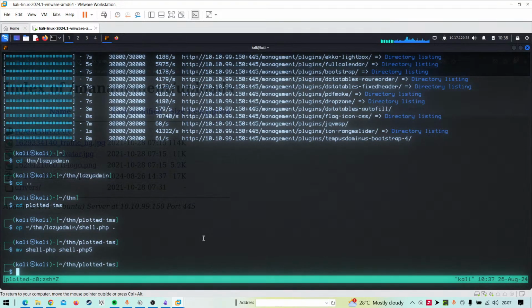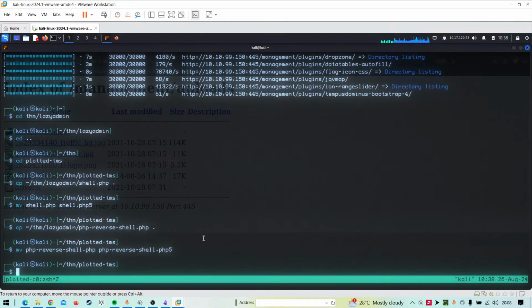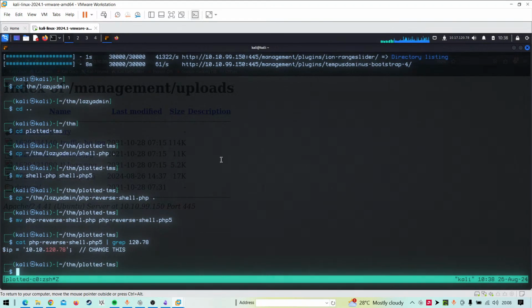But let's try a reverse shell, right? Just go to the PHP reverse shell, copy it up here, and rename it to PHP reverse shell 5. I believe the IP is the same. I'll grep it with 120.78. Yeah, the IP is the same, no need to change, but I need to make sure about the port. Port 99 is there.